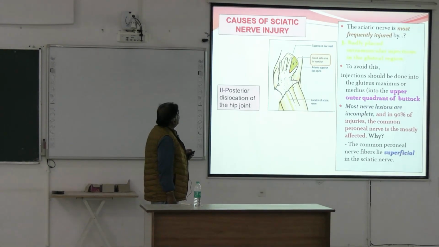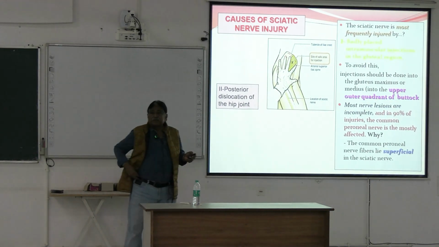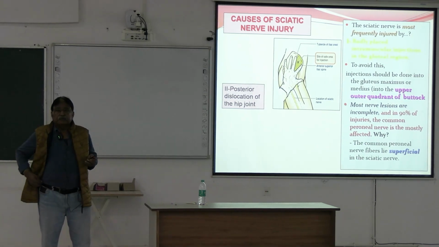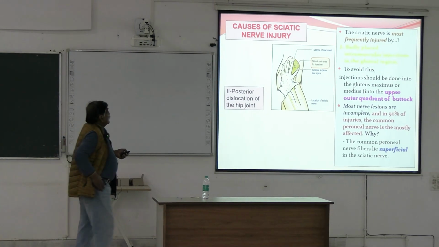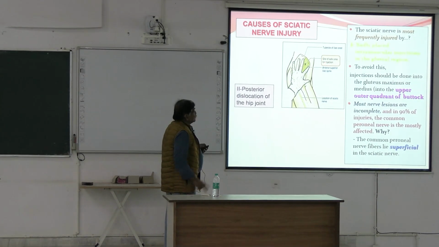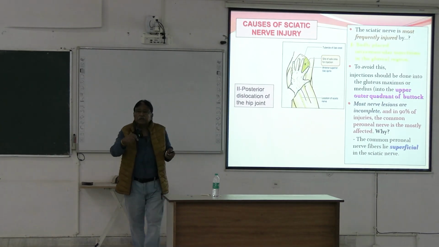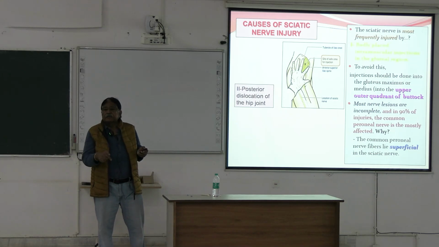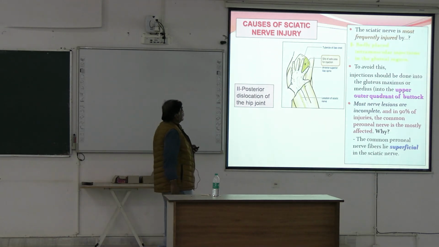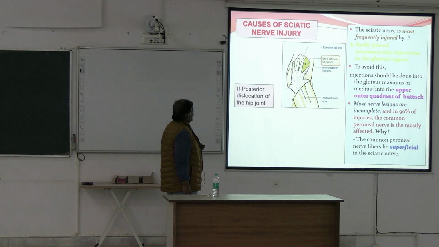Now, this is the tubercle of the crest. When you study the hip bone, you measure the tubercle of the crest, and then this anterior superior iliac spine. So you hold it like this, and then you inject in the gluteal region. Now, the anterior superior iliac spine and the location of the sciatic nerve is here. So it is in a safe place.